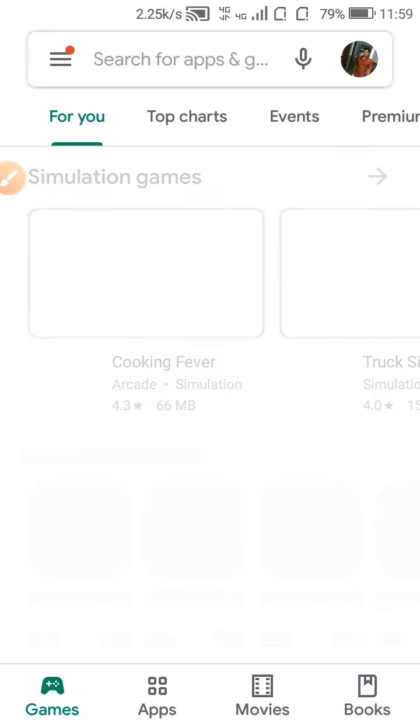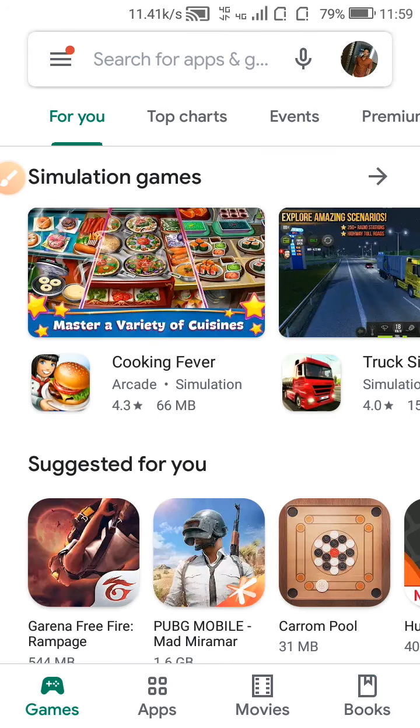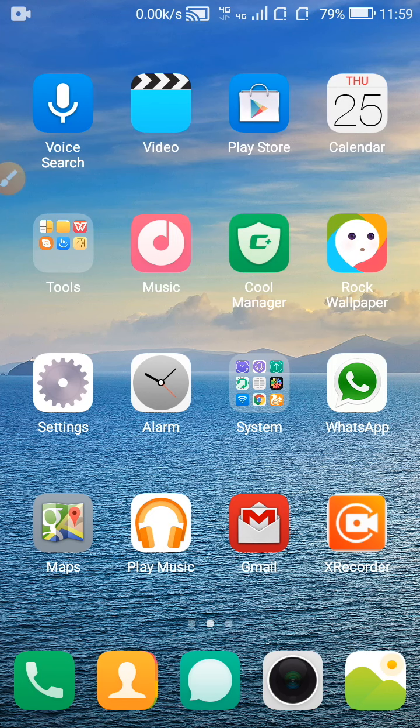In your mobile, if it is already installed, it will show update. Then go back and go to Google Chrome.